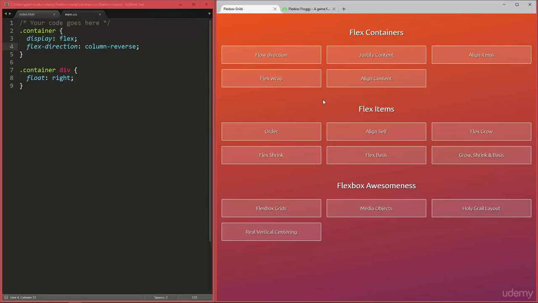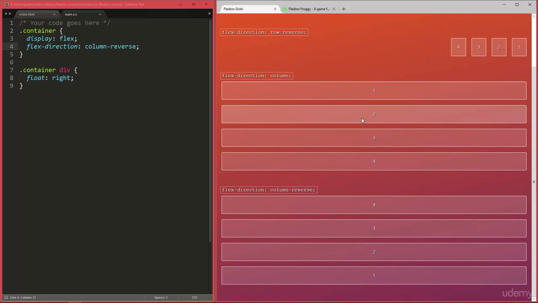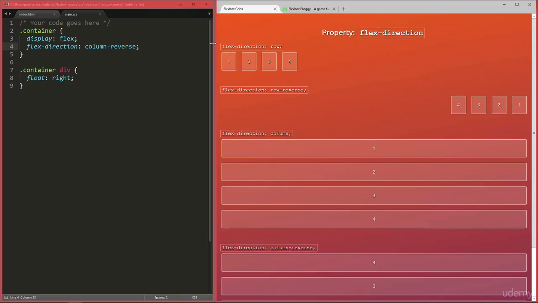Okay, it's now time to look at our second property we can use on Flex containers. And by the way, you can always take a look at the showcase that was attached to one of the previous lectures to also follow along there and also to recap and remember what each of those properties was like. So you can just open up this showcase here, go into, let's say, flow direction, just to get a reminder of all the values you can have and what that actually does to the layout.